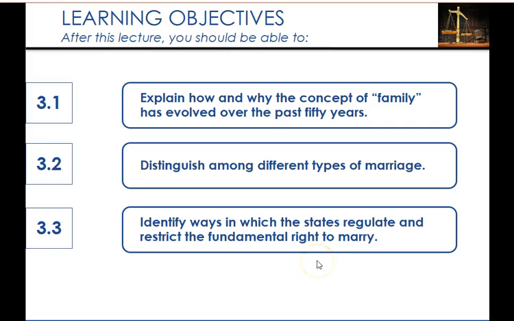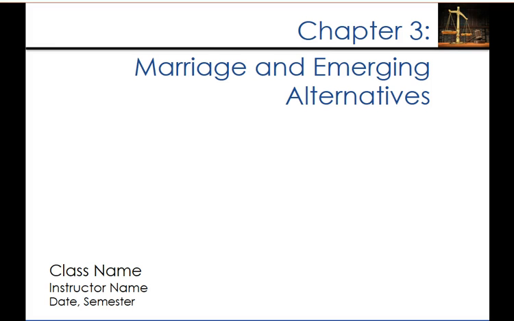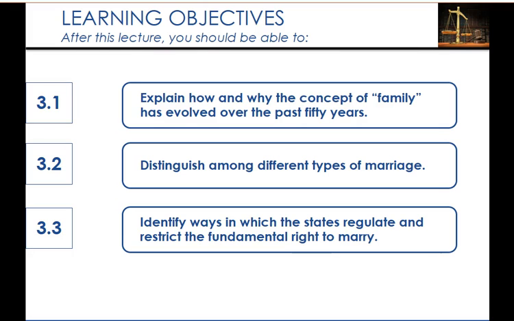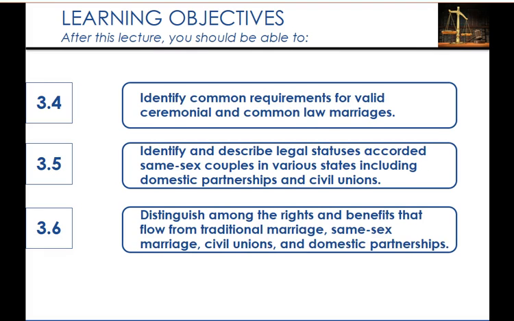Okay, let's get into Chapter 3, Marriage and Emerging Alternatives. After reading this chapter, you should be able to explain how and why the concept of family has evolved over the past 50 years, distinguish among different types of marriages, identify ways in which the states regulate and restrict the fundamental right to marry, identify common requirements for valid ceremonial and common law marriages,